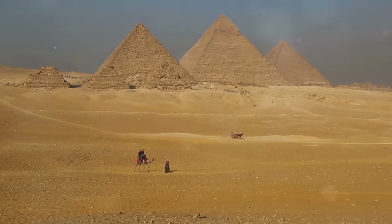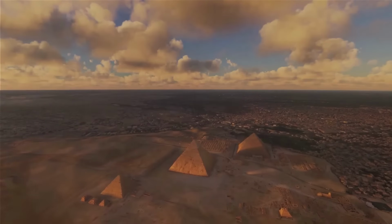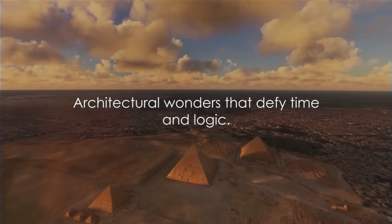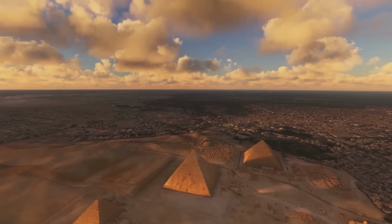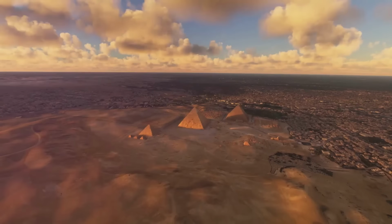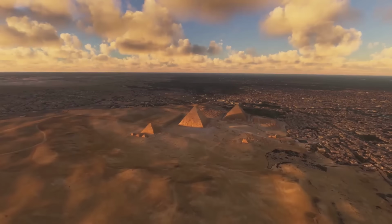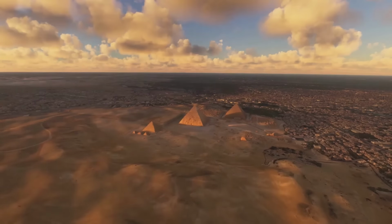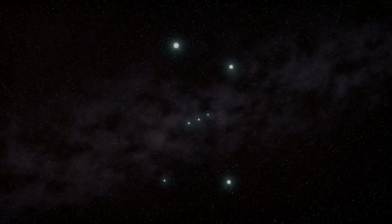What would a voyage to Egypt be without beholding the grandeur of the pyramids of Giza? More than just colossal gravestones, these pyramids are a profound testament to the ancient Egyptians' architectural genius, their understanding of mathematics, and their deep fascination with the cosmos. Constructed around 4,500 years ago, these structures were designed as eternal resting places for pharaohs, the god-kings of their time. The largest of these, the Great Pyramid, was built for the pharaoh Khufu and comprised of over 2 million stone